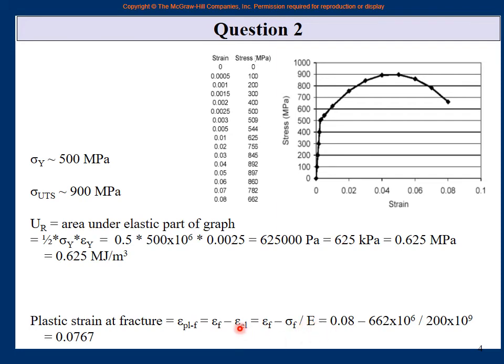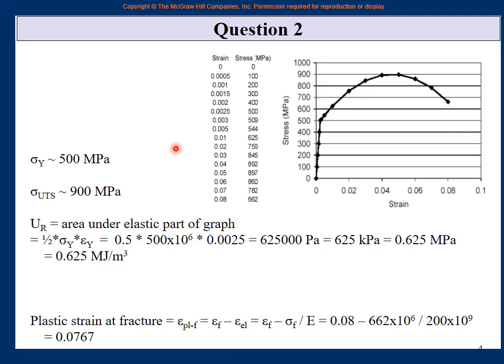So this direct fracture strain is 0.08, and the fracture stress, if you found it out, was roughly 662, right? You read it correctly, if it was given in the table, if the full table was given to you in the problem, right, then this point